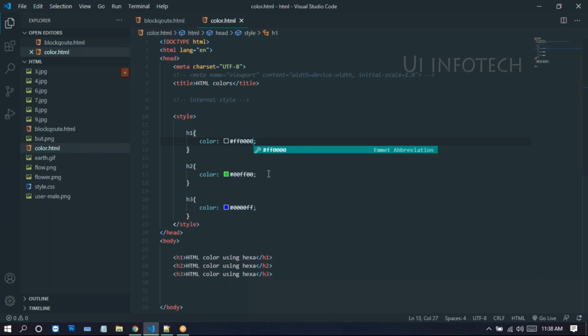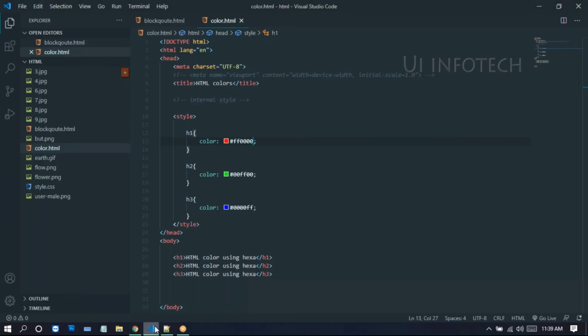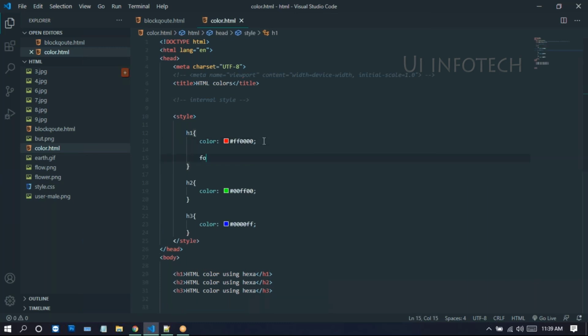Here I'm removing this one, and FF0000 stands for red color. Like this, we have the red color. If you run this, look at this, the same output for the hexadecimal colors. So mostly we can use the hexadecimal colors.